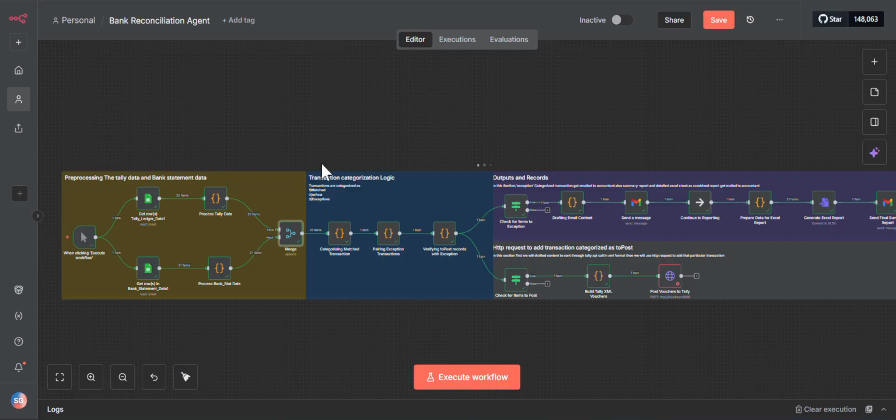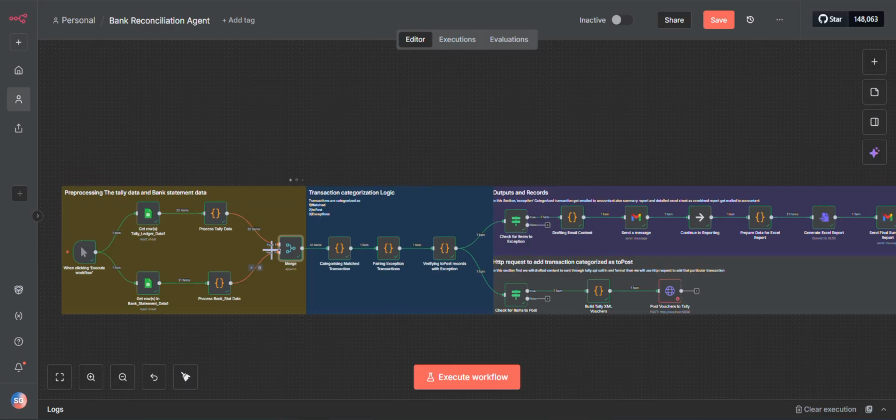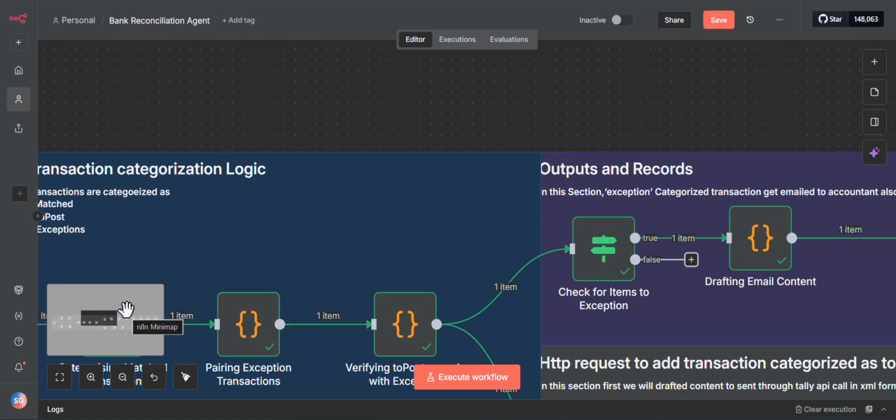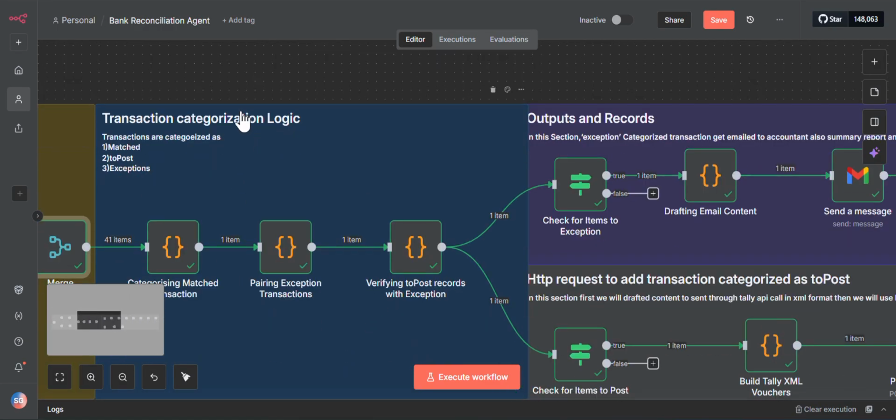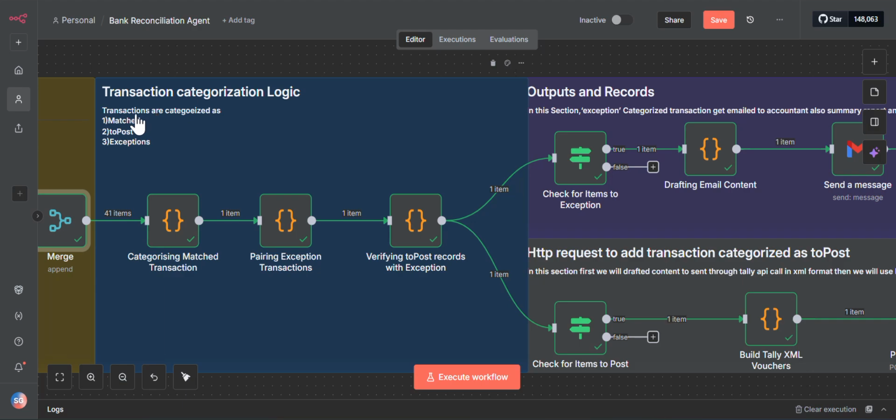And this blue section handles the transaction categorization logic. Let me zoom in on the screen. In this section we will categorize the transactions as match, to post, and exception. The match category refers to transactions having records in both Tally and the bank statement. The to post category refers to transactions like this one,